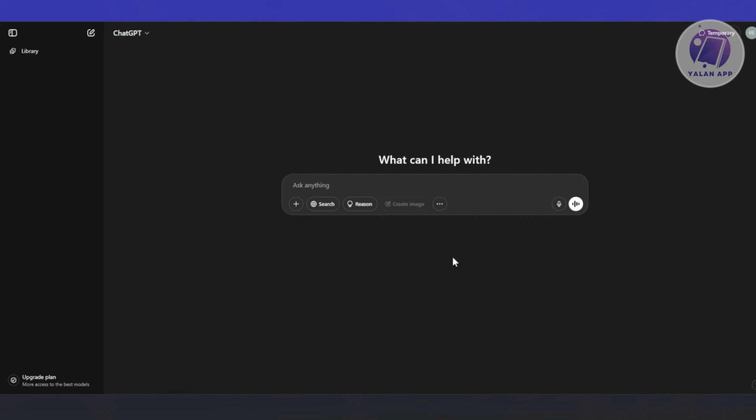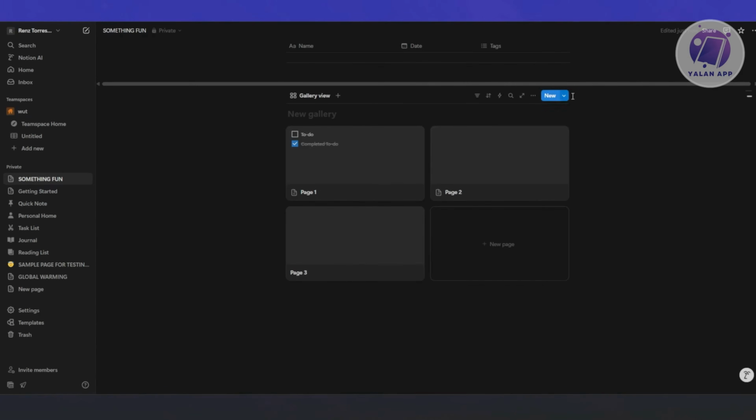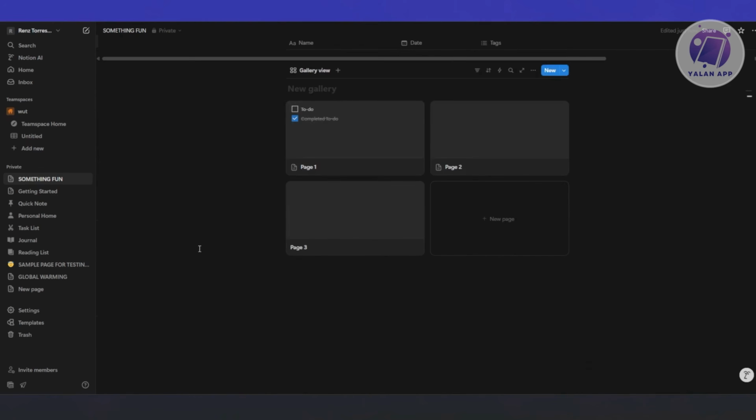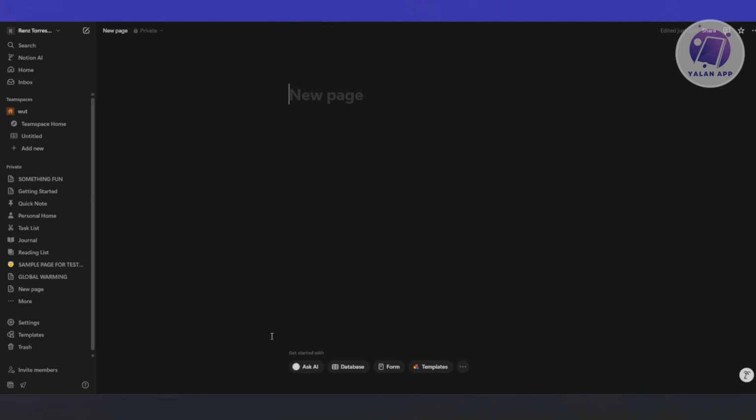Now, if you're not aware yet, there are multiple ways of adding or using ChatGPT with Notion. So another way that you could use is, by the way, this is my account right now. In this case, maybe let's just delete this one if we can, but let's just keep this as is. Let's go and create a new page here. Let's click on add page in our Notion, and let's choose empty page. And let's just say this is going to be a test